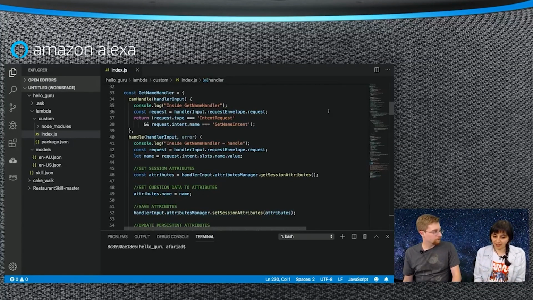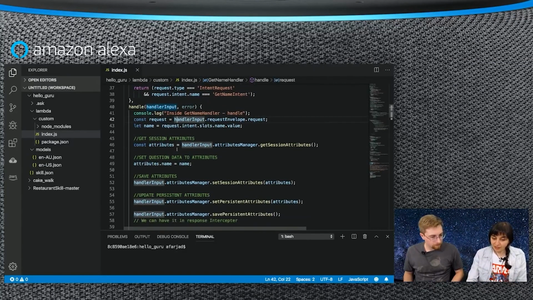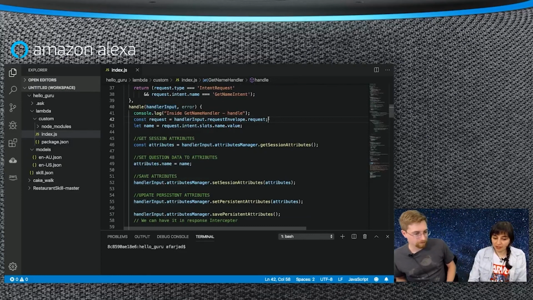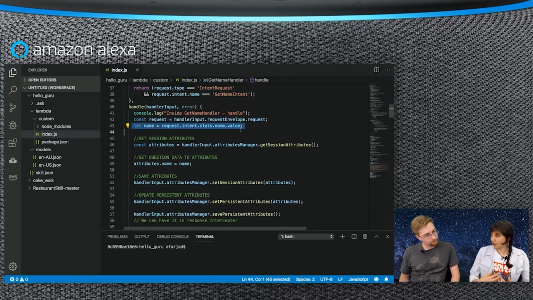So this is my backend code, and for each one of the things that I want to handle, I have a handler. Here I'm saying that if you are grabbing the name, like if someone is saying my name is Ozzy or I am Ozzy, grab it and handle it. So in the handler, what I'm doing in this line is to just grab the name, and I'm grabbing the value, but I want to persist it. So how should I do that?